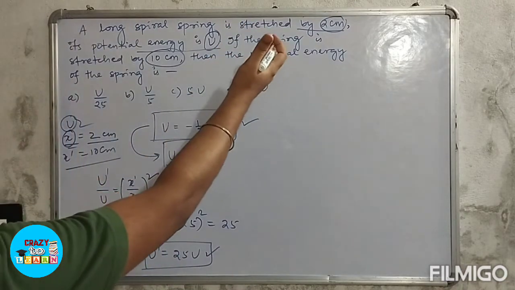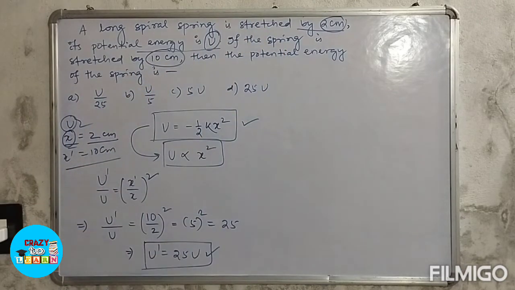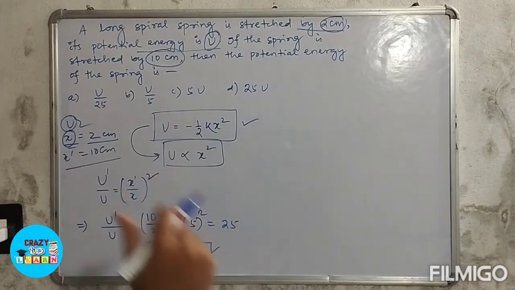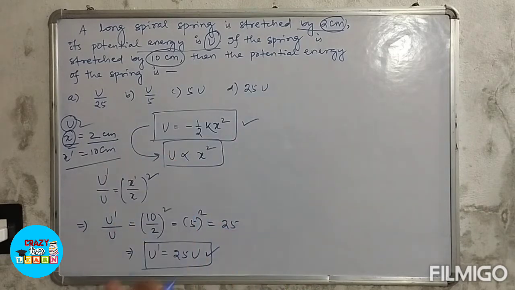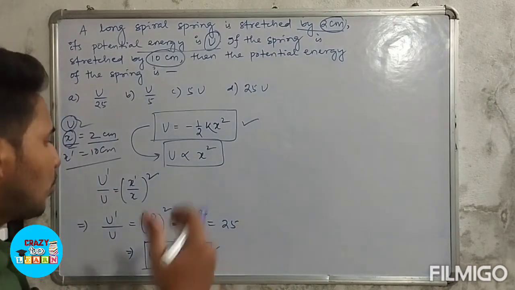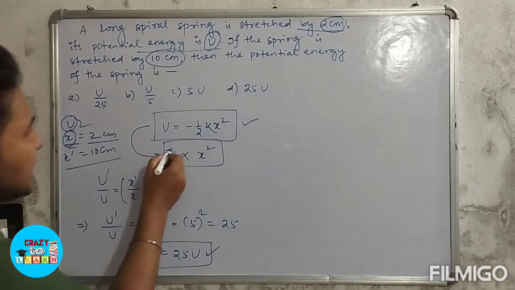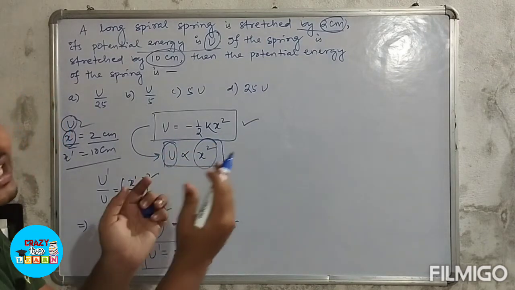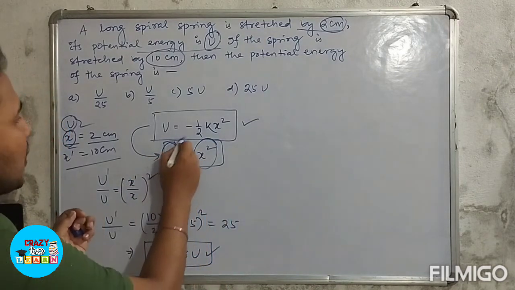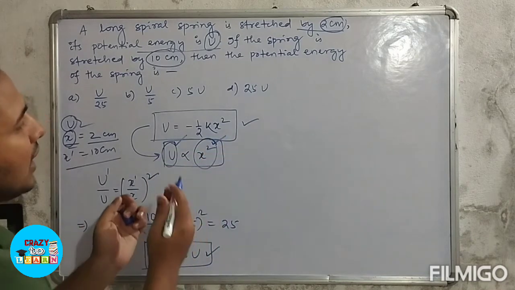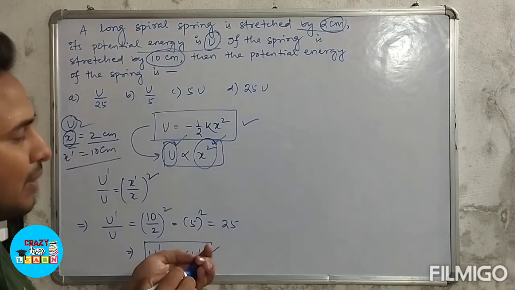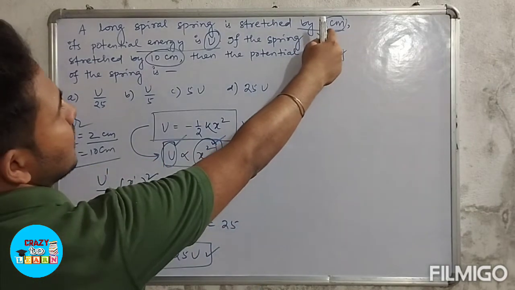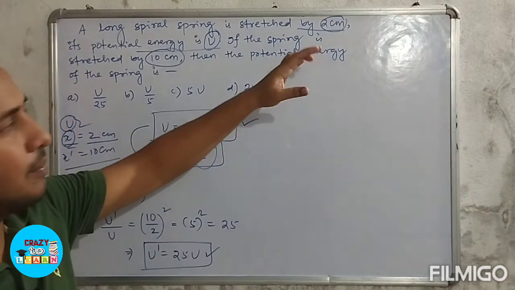If you increase the stretched length 5 times, then the potential energy will increase 25 times, because the potential energy is proportional to the square of the stretched length. Okay, the potential energy is proportional to the square of the stretched length. So that means when you increase the stretched length 5 times,